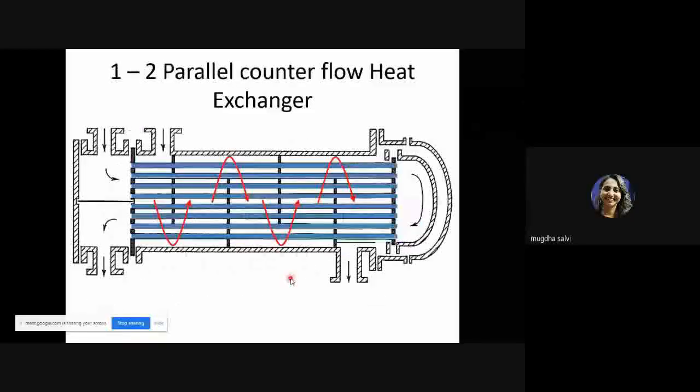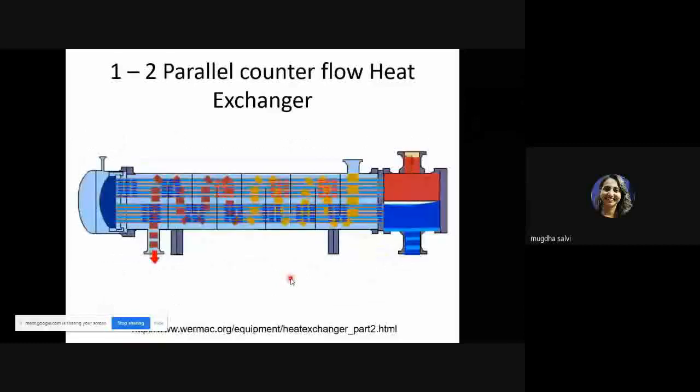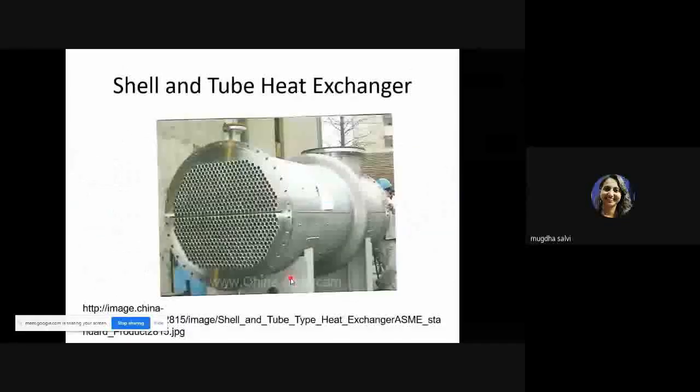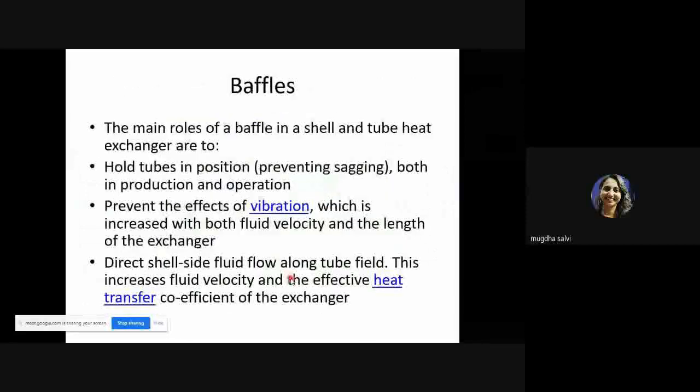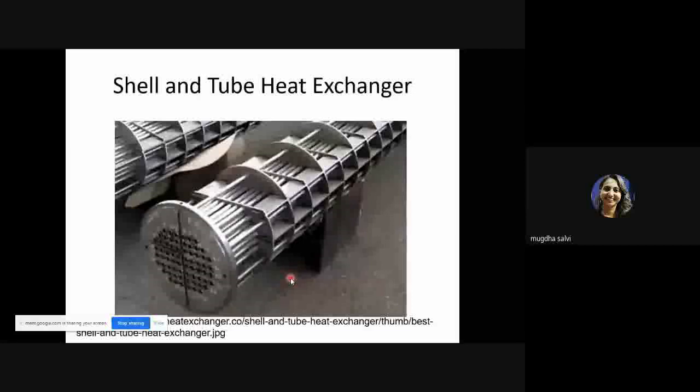So we had seen the other day the different types of heat exchangers. I had also shown you how an actual shell and tube heat exchanger looks like. Now, when we saw this diagram, you can see something like an orifice here. It's not an orifice, but it's a plate with a lot of holes to hold these tubes, which are there in the shell and tube type heat exchanger.